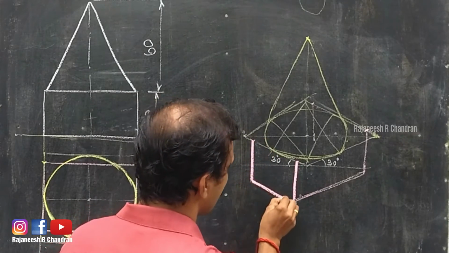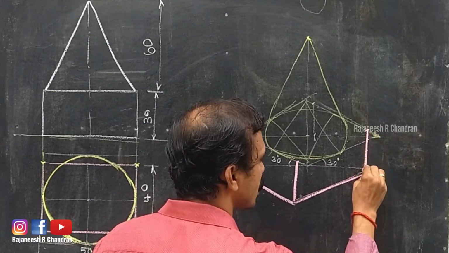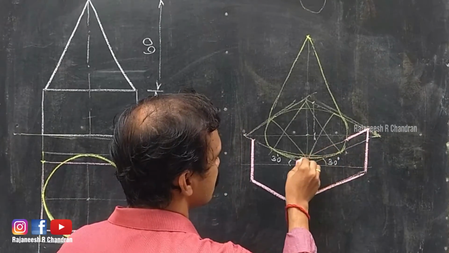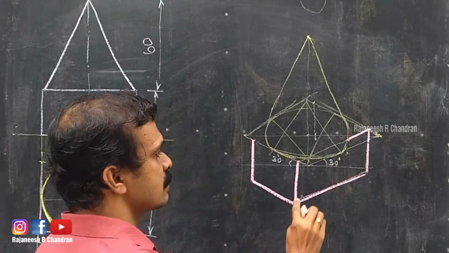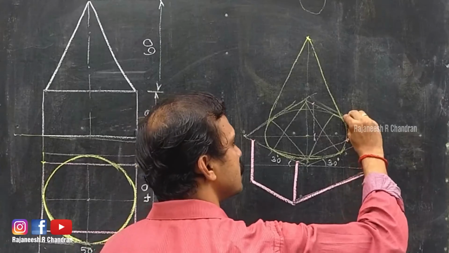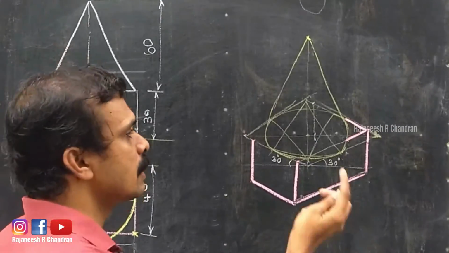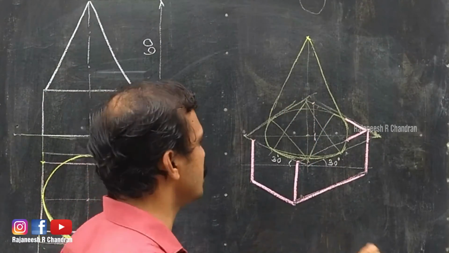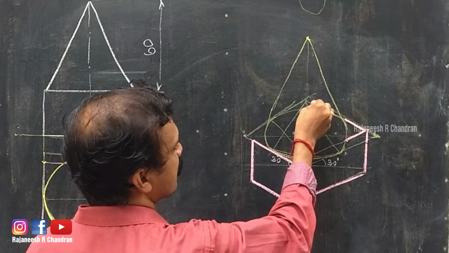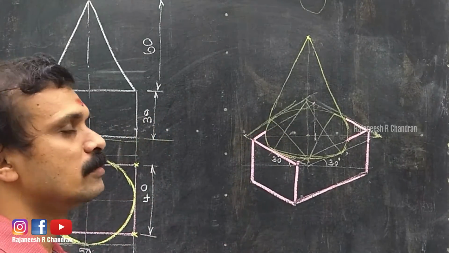Now it is very clear that this portion belongs to the rectangular block. This also belongs to the rectangular block. This also belongs to the rectangular block. This much portion belongs to the rectangular block because there is a line connecting this point and this point. Since it crosses here, it will be invisible. So only this much portion is required. And this is also a part of the rectangular block, but here it is invisible because it came inside the cone, so it is not necessary to draw that portion of the rectangular block, but we can connect this point and this point like this, so that this portion will be visible.